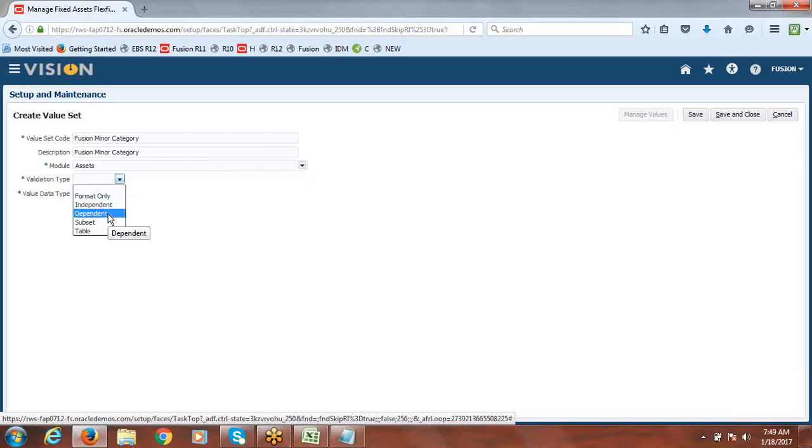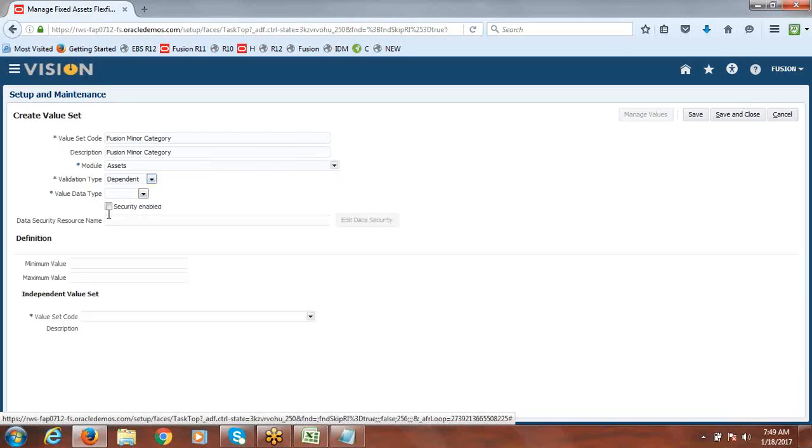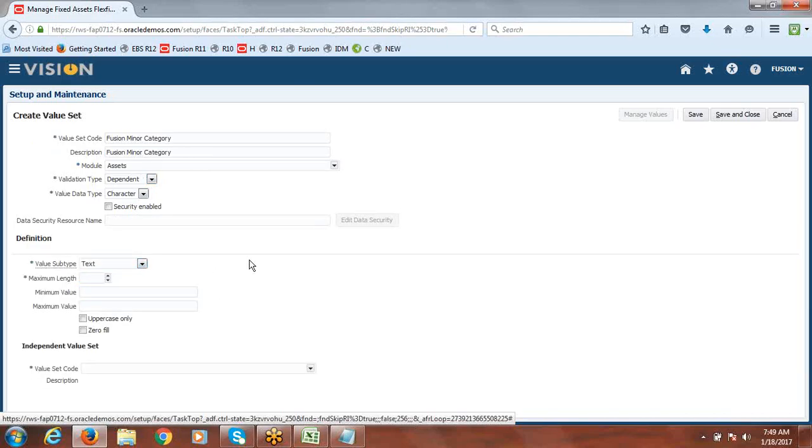The minor category will depend on the major category, right? So select dependent, character, and value subtype text. This minor will depend on a major, which you have to give. Maximum length I'm giving 30 characters. Same as EBS, no difference when you compare with EBS.